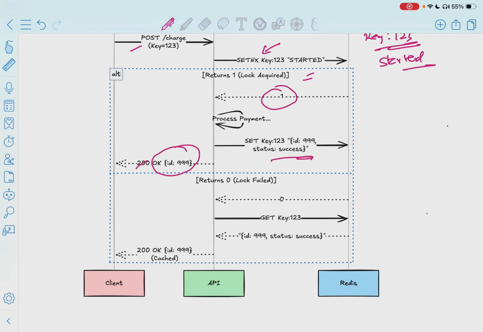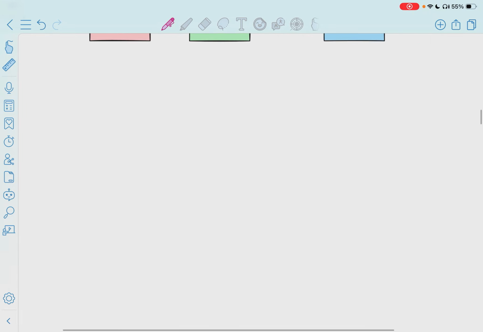Now let's say if you get back zero from the SET NX operation, then it means the lock failed. So it means the key is already present in Redis. Then we will get that particular key and return whatever response is stored in Redis back to the client. So this is how financial systems resolve these kinds of issues using this Redis operation known as SET NX, set if not exist. This is one approach,